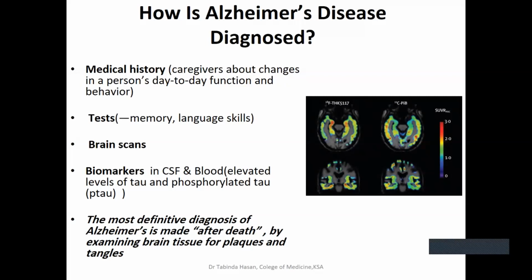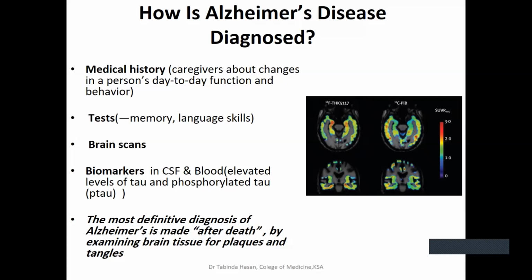Then there are certain tests, the basic tests like memory tests, and then tests for language skills, like we show them a picture and then we ask them, what is this? Can you recognize this? So you show them an apple and they need to formulate the word apple. But in the case of Alzheimer's, the patient might remember that it is something that he has seen, but he no longer remembers the name for it. So it's something like that. So when you see a patient who cannot name the basic objects, then you have a strong diagnosis pointing towards